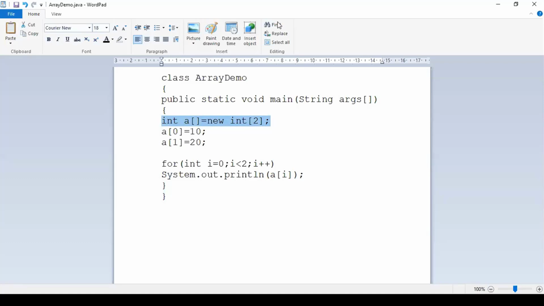Shall we go to one missing topic with respect to the looping part? Under the looping part, we had something called for each.